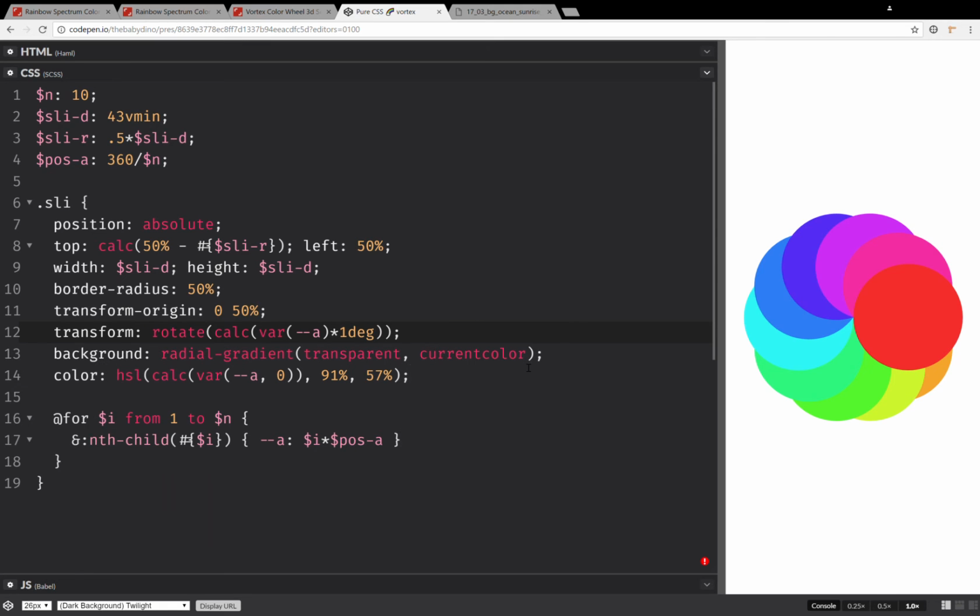And by the way, this still doesn't work because I need a capital C here. It works without a capital C as a background color. It works as color, but inside the gradient when using SAS, nope, needs a capital C. Okay,